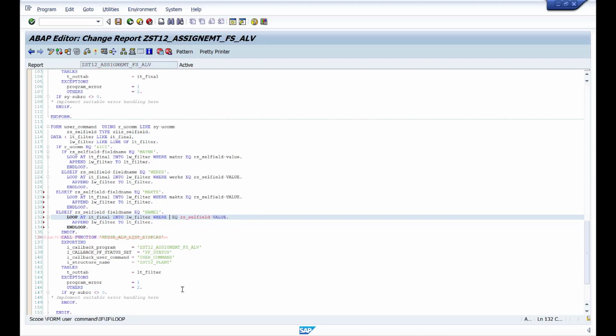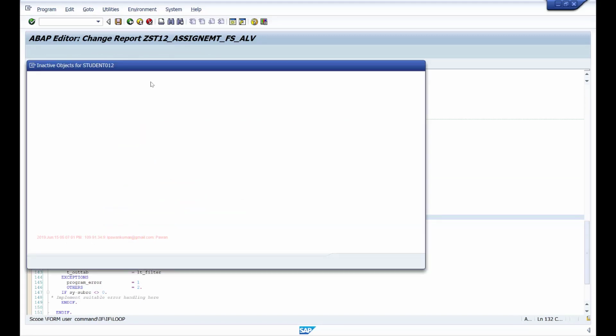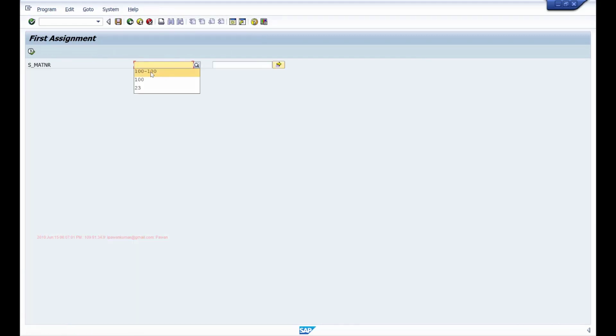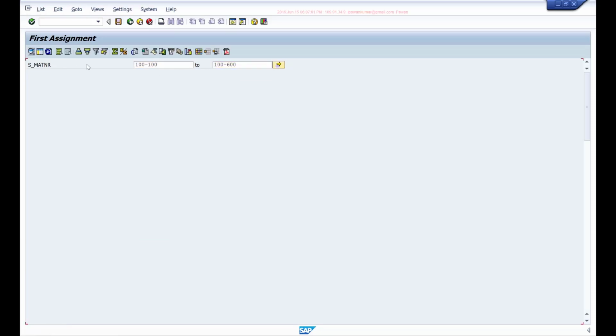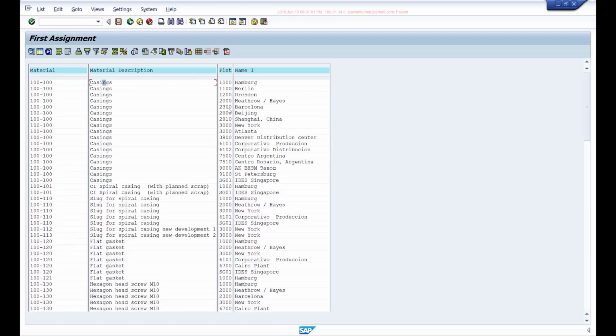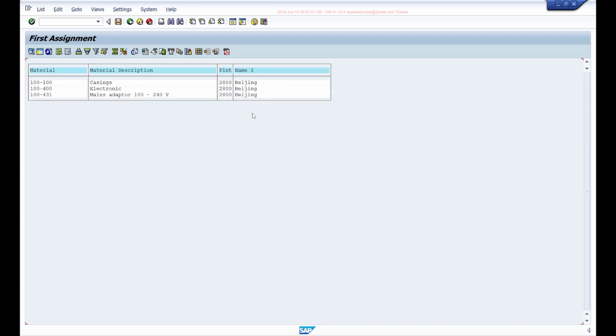So if I have 20 fields, I should write it for all the 20 fields. Only then it will work for all the columns. So now if I see, it should work for this as well and this as well.